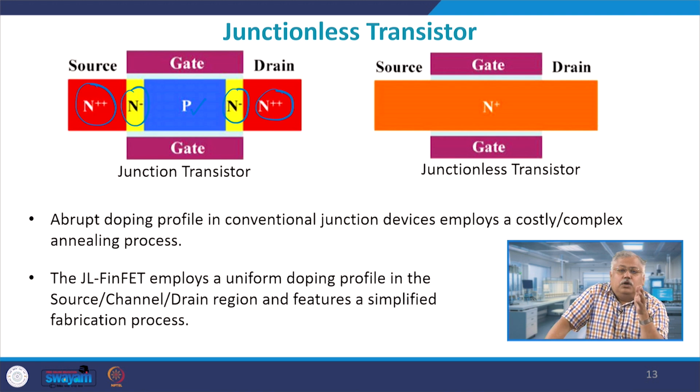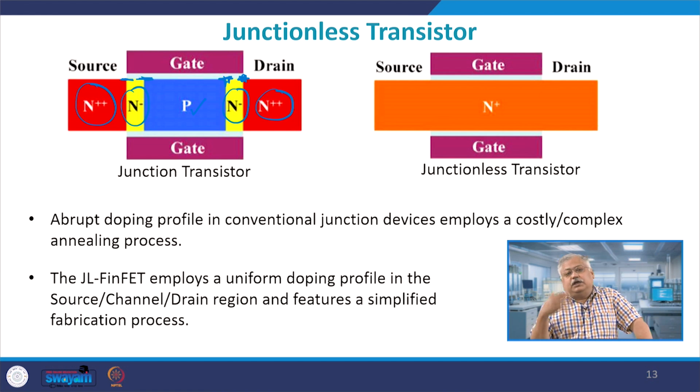Why? Because now you will have a depletion being formed at both these junctions, at this junction and at this junction. You will have depletion regions here and here. Similarly, you will have them here and here, depending upon the type of doping which you have done. We generally do abrupt doping profiling when we do conventional junctions, and therefore it employs a costly and complex annealing process. However, junctionless FinFETs or junctionless double gate MOSFETs imply uniform doping profile in the source and drain region, simplified fabrication procedure, right,